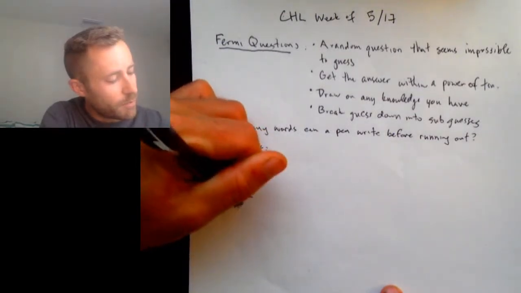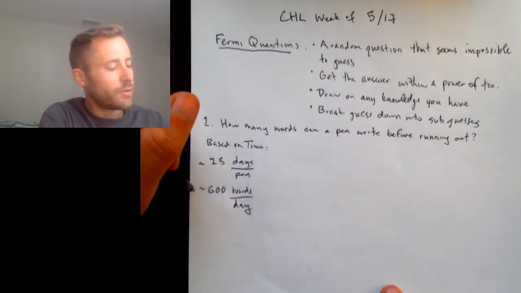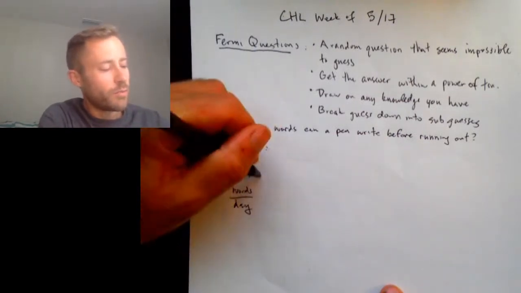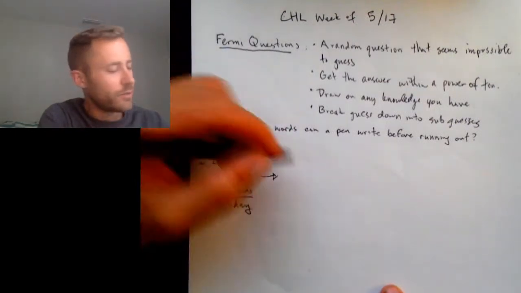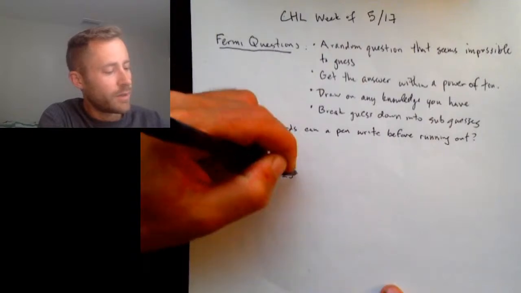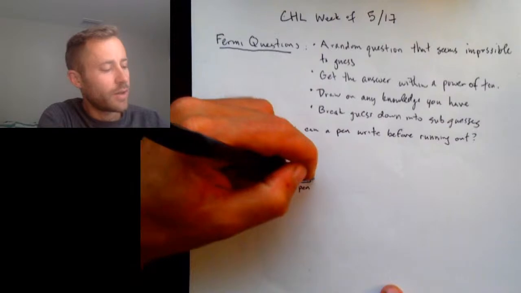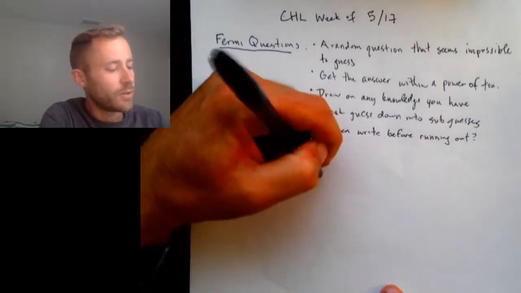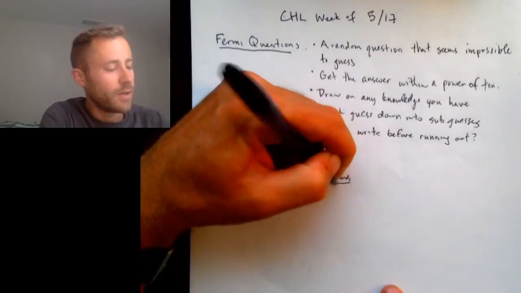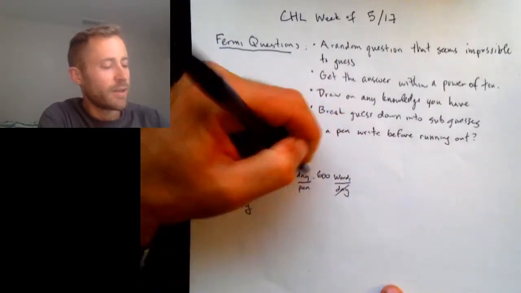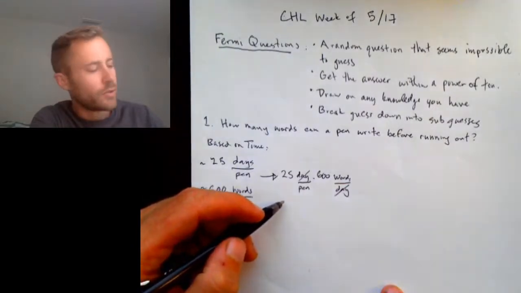Words per day. Okay. And so then we can see that if I multiply these two together, I get 25 days per pen times 600 words in a day, and I get the number of words per pen. Okay, so this is